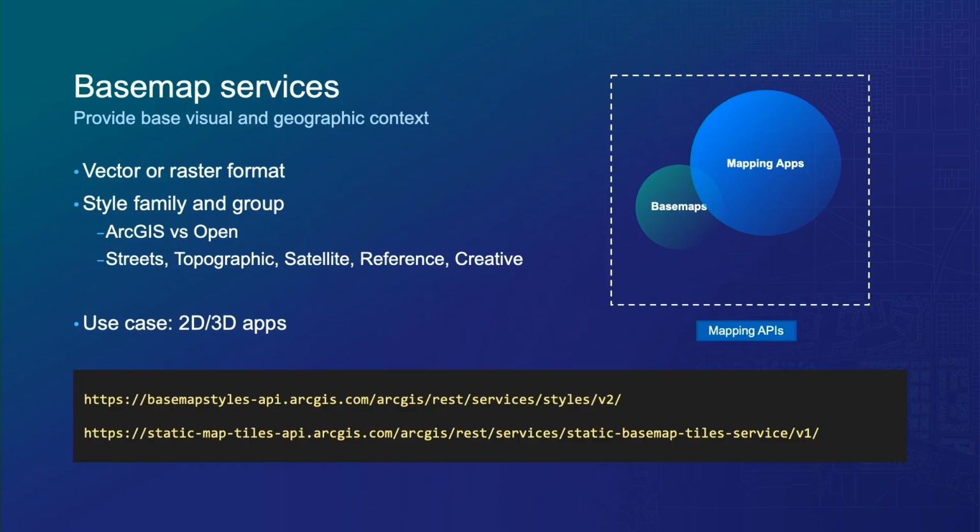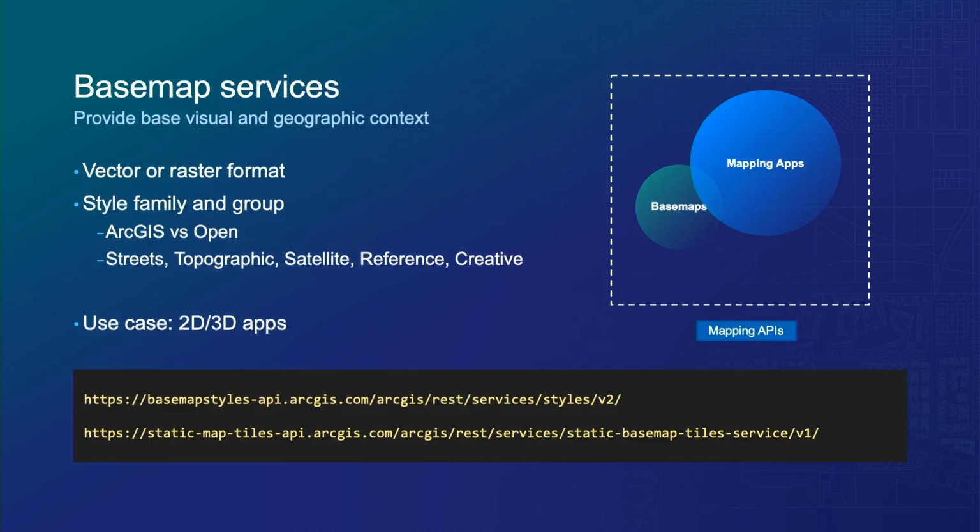Yeah, so for Basemap services, the big choice is raster or vector. And I think a lot of us know that right out of the gate. You're either building an application that supports WebGL, and that's going to give you the smooth rendering and everything that vector tiles can bring you in styles, or a raster format for maybe older devices, network constrained situations, and so forth. There's different families and groups of styles, and that's often a challenging process, just figuring out the right style for a particular